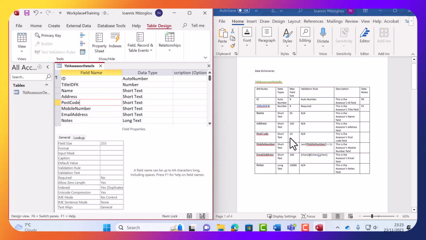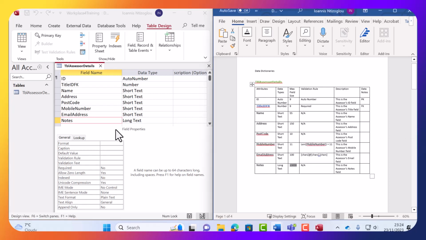So the postcode here, I've got 10. Yeah, the postcode will be all right with 10 characters. The mobile number, we have 11 characters. Let's put 15 characters just in case somebody wants to put the plus icon. Even though we're going to put a validation rule, if the client complains, we can always remove the validation rule, so people can then add the plus or the 00. Again, we're going to put some restrictions there, but it is important for us to make sure that we know what we're doing. So when the client requests from us to remove some of the validation rules,